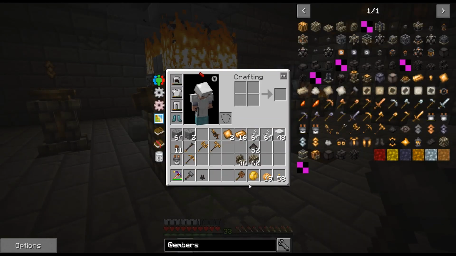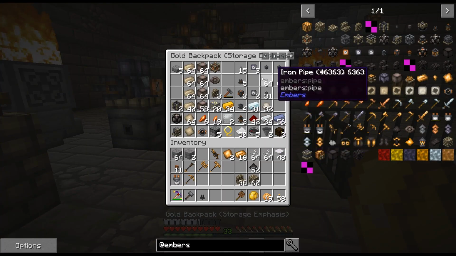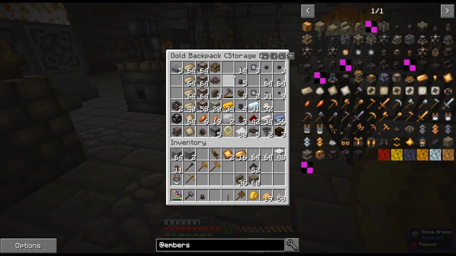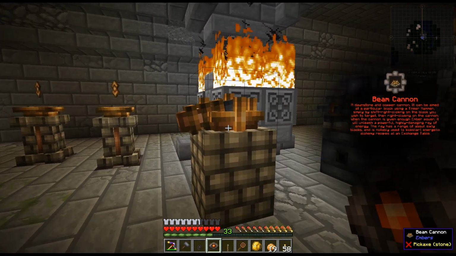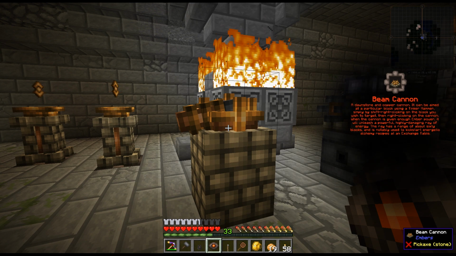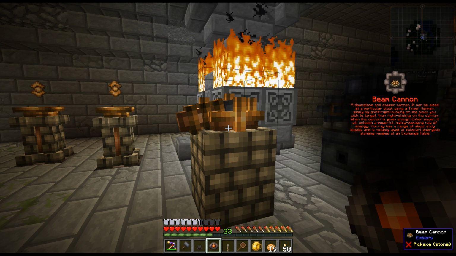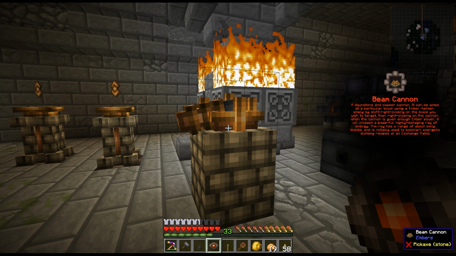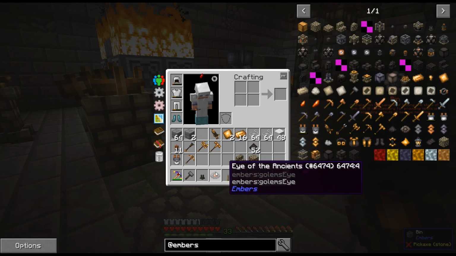Now, I'm not hooking up this Ember receptor just yet. I want to believe... Actually, let's see here if the book tells us. So I keep saying the book. Why do I always have a problem finding the thing when I need it? Where'd it go? There it is. See? I don't know why. This one item here gives me such a problem. Alright, let's see. It can be aimed. Yada yada. When the cannon is given enough ember power, it will unleash a powerful, highly damaging ray of energy. The ray has a range of about 60 blocks and is notably used to kickstart energetic alloy recipes at the exchange table. Okay? But that does not tell me...